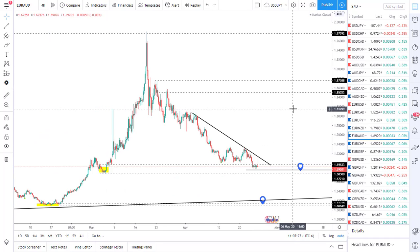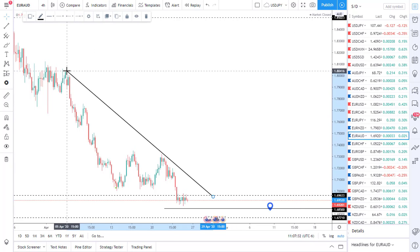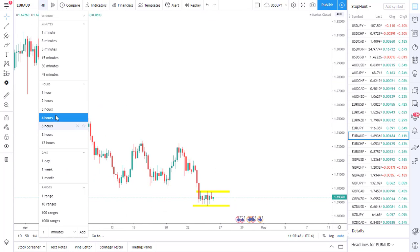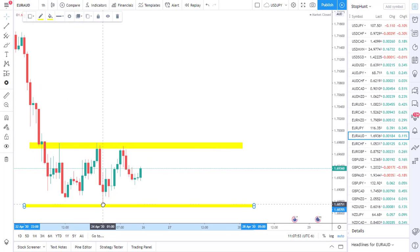Okay, so what's the plan on this one? We have two types of confirmations that we can apply. First, this level being removed and the trend line, but we also have another one. Let me switch to the watch list, and it is this one. We have a possible accumulation phase here. That's why we have this range. So you can wait for the first confirmation to happen, or if you want to anticipate the move, you can wait for this confirmation,